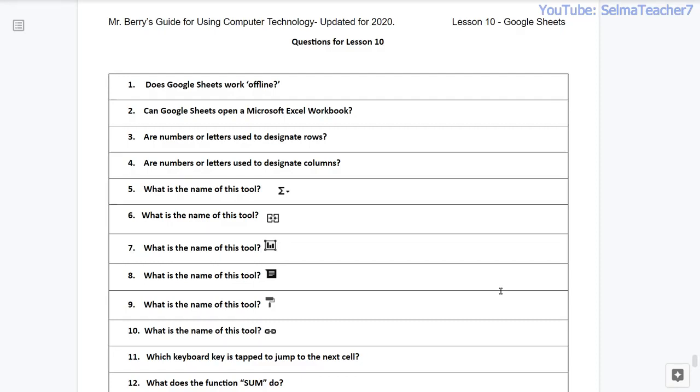Question number 5. What is the name of this tool? Question number 6. What is the name of this tool? Question number 7. What is the name of this tool?